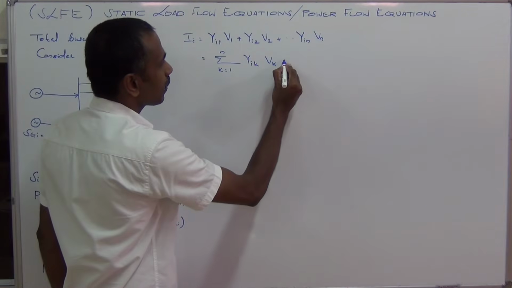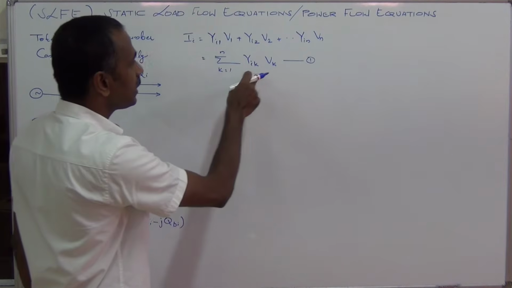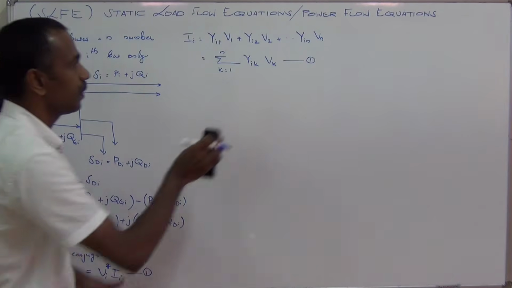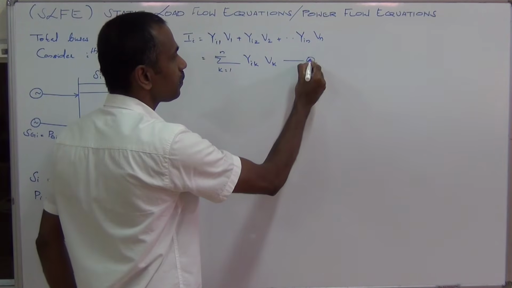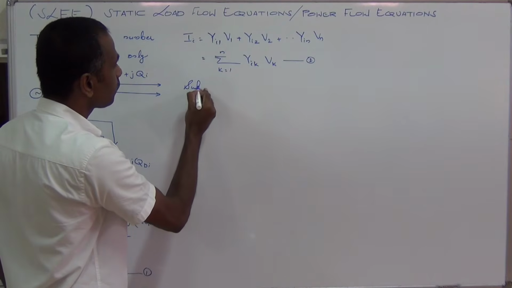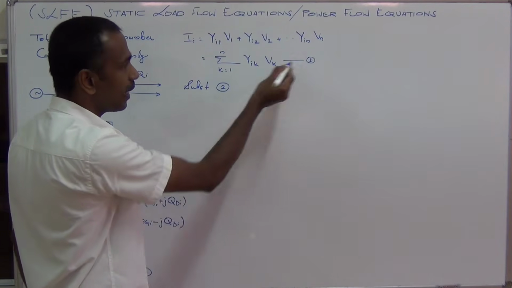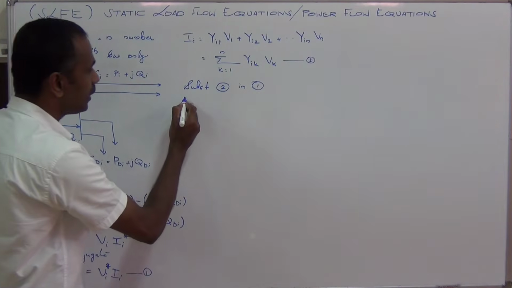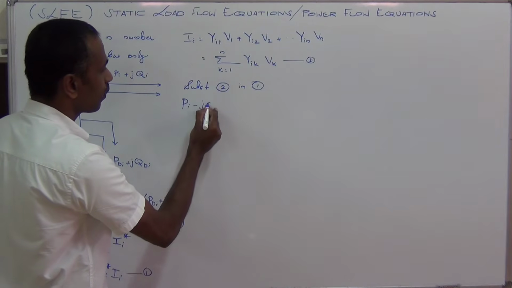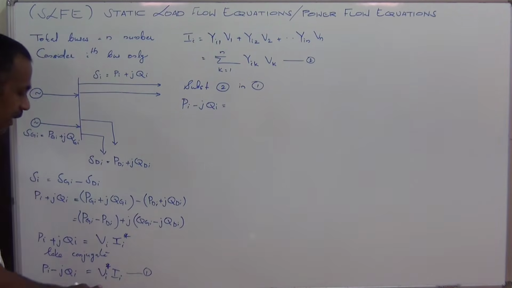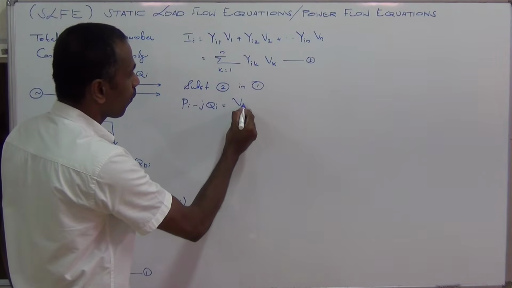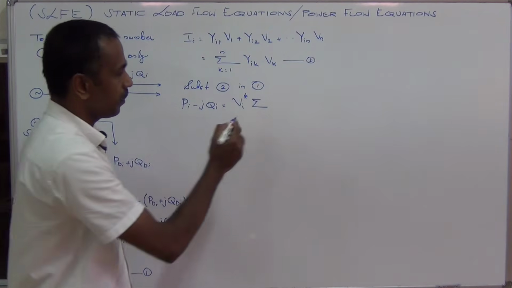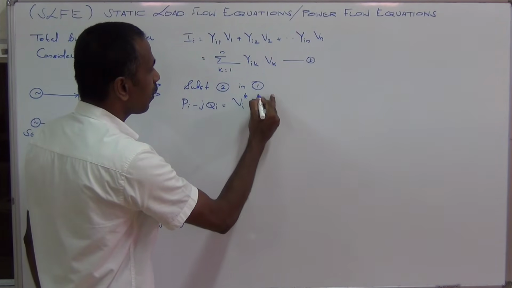Now let me substitute this expression for the current in this equation. Let me call this the first equation. This is the second one. So let us substitute the second expression in the first equation. So Pi minus jQi equals Vi conjugate into the current, which is sigma k equals 1 to n